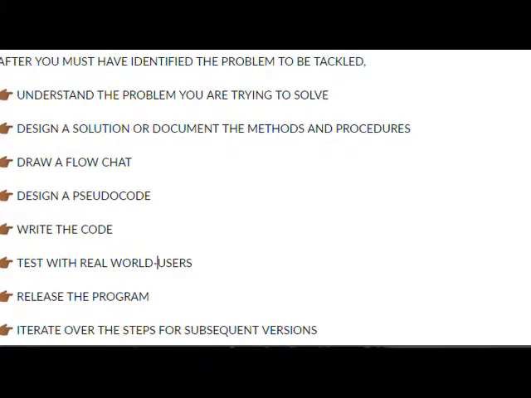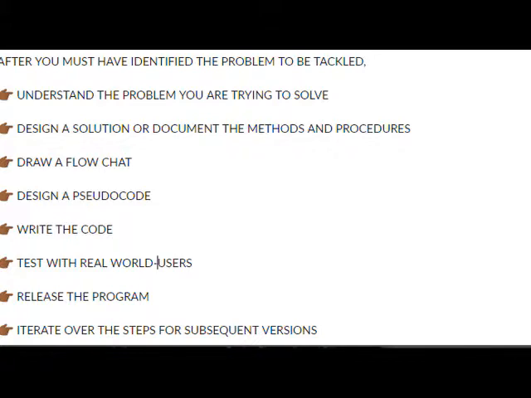Draw a flow chart. Draw something ideological to the found problem. Then you can come up with a pseudocode. You can write a pseudocode, then move on to proper code, test and debug.